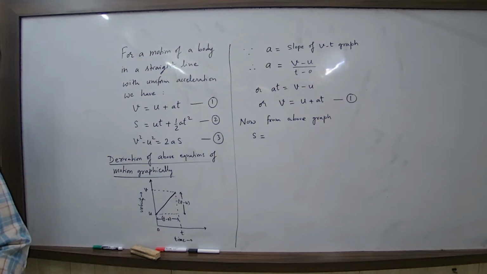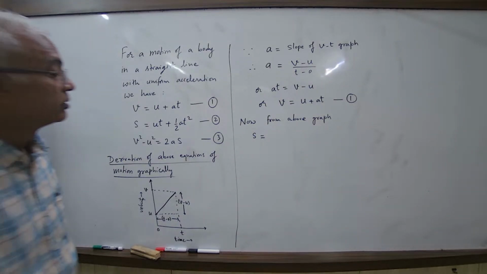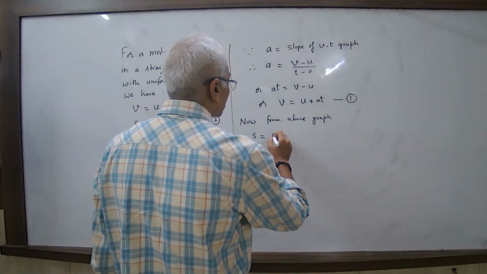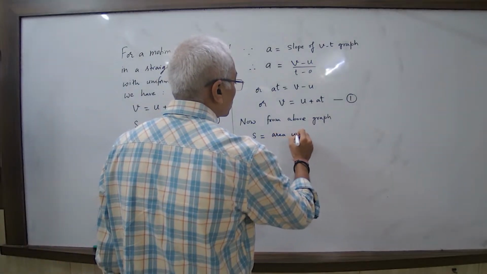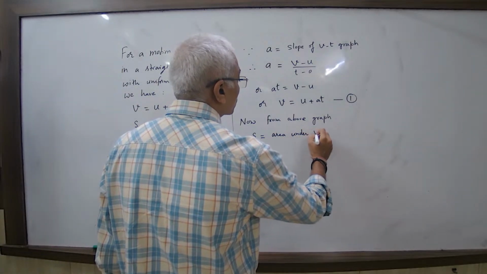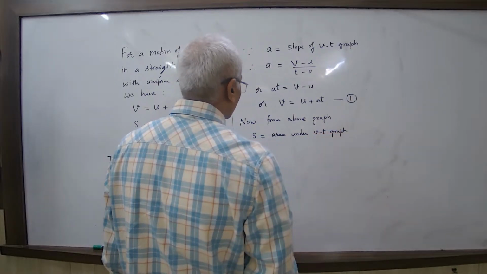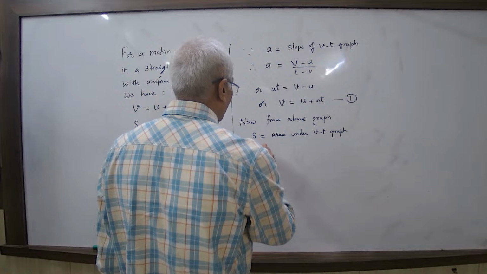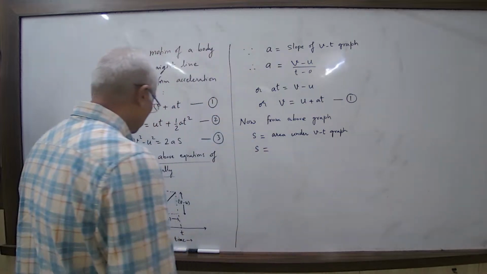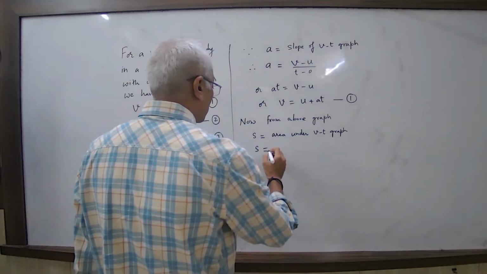VT ग्राफ में एरिया निकालना होगा. So s is equal to the area of